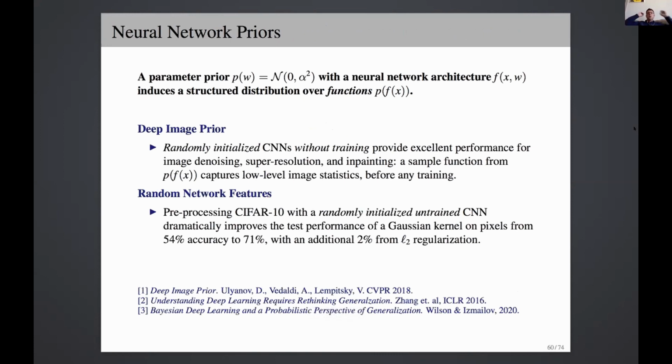Right, so I said reasonable priors and exhaustive marginalization. So let's talk a little bit about priors. Quite often, one just uses a fairly simple parameter prior in Bayesian deep learning. Like we might say we have a Gaussian prior over the parameters, each with variance alpha squared. And this combines with a neural network architecture to induce a distribution over functions. So in the second part of the talk yesterday, we really emphasized the function-based perspective. We do not care about the prior over parameters in isolation. All we care about is how that combines with the functional form of the model to induce a prior over